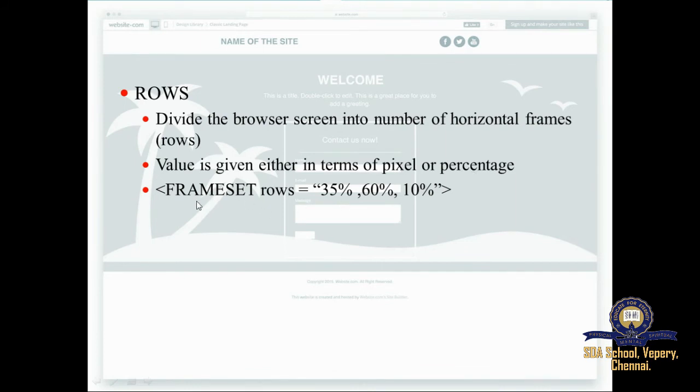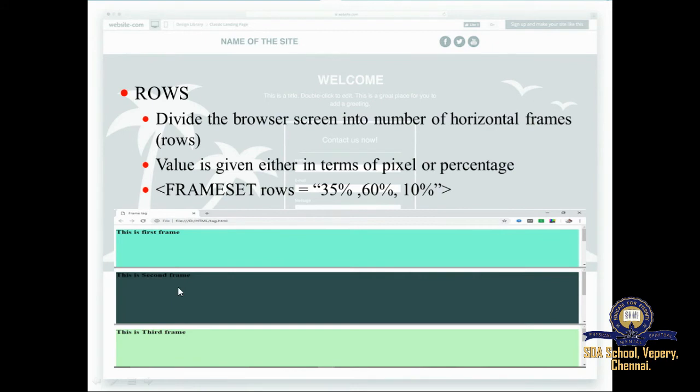The syntax is frameset rows equal to, and you mention the values. It is not necessary to divide into only 3 or 4 rows and columns; you can go for n number of rows and n number of columns. See this example: you have divided the web page into horizontal frames using the attribute rows.